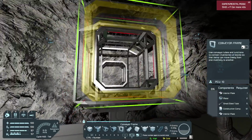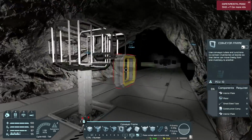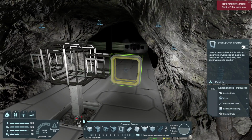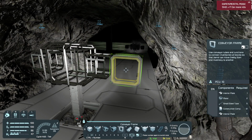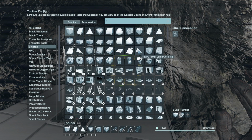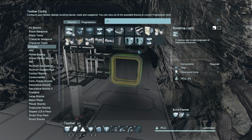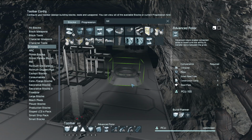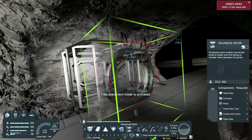Right, like that. Now what I need is the rotor, because we need to switch this from a welder to a grinder. So I need to be able to rotate those arms, so yeah, a rotor. Now this is Clang just waiting to happen, but it's kind of fun to use sometimes. So we'll go with advanced rotor,